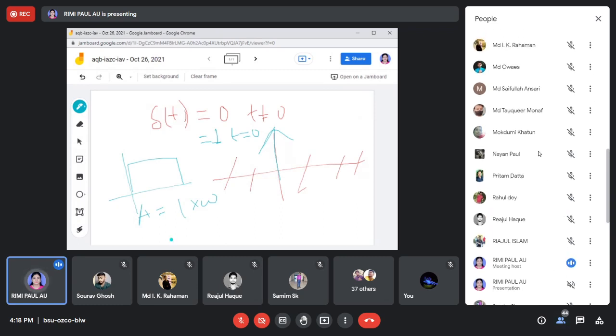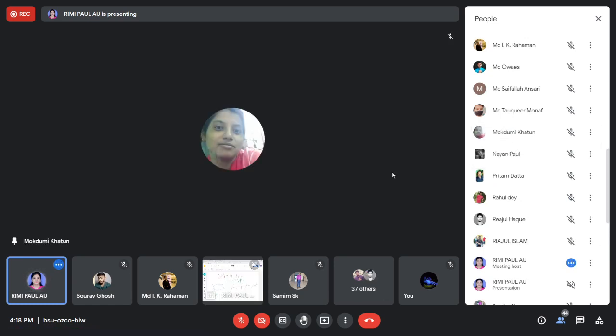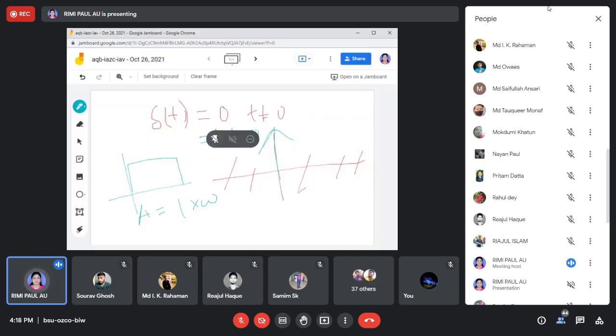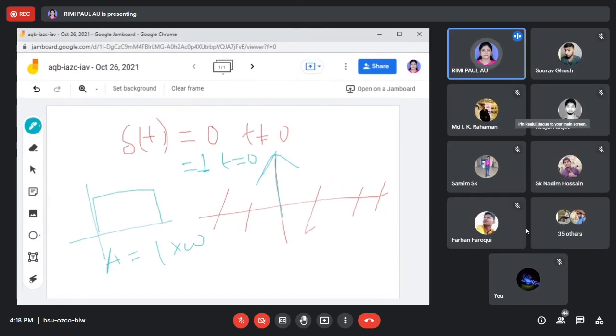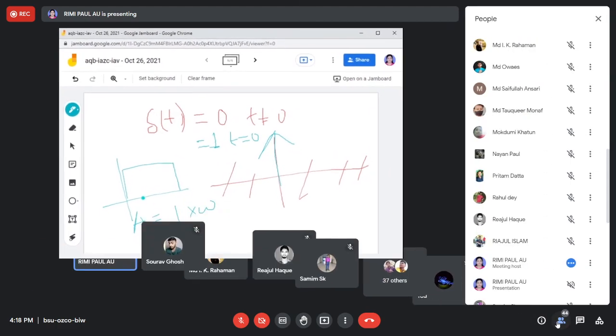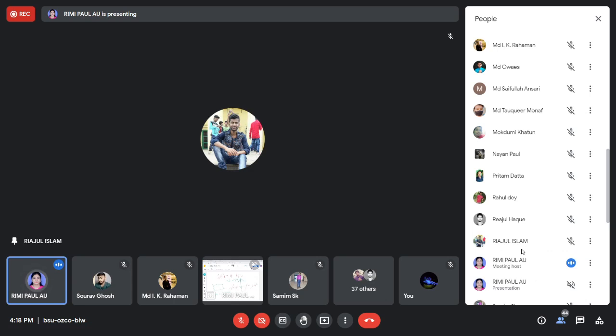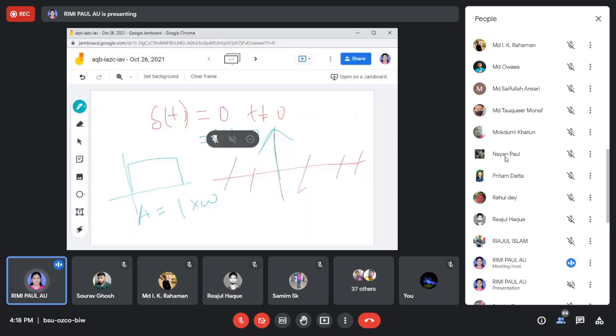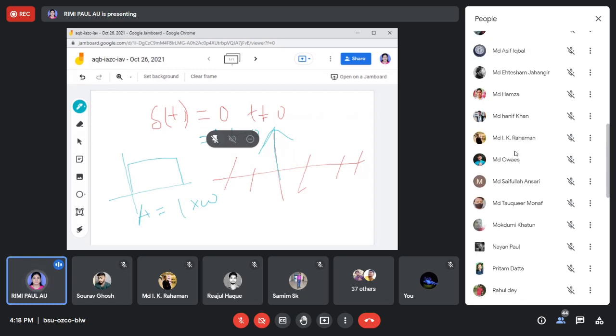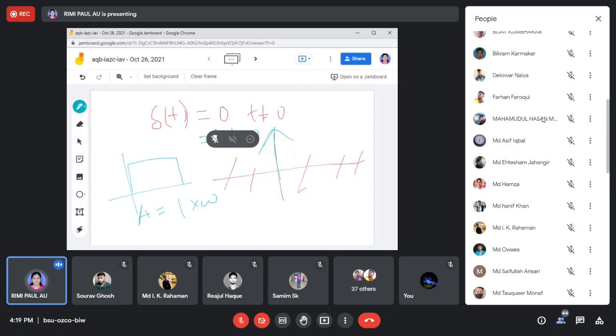Then the area would be constant, to keep the constant area. So when t is equal to 0, just remember that I have only described how the rectangular pulse forms the impulse signal. The impulse signal's value is infinite at t is equal to 0. And if I continuously increase the rectangular pulse signal, I can get an impulse signal, which I'll describe again.